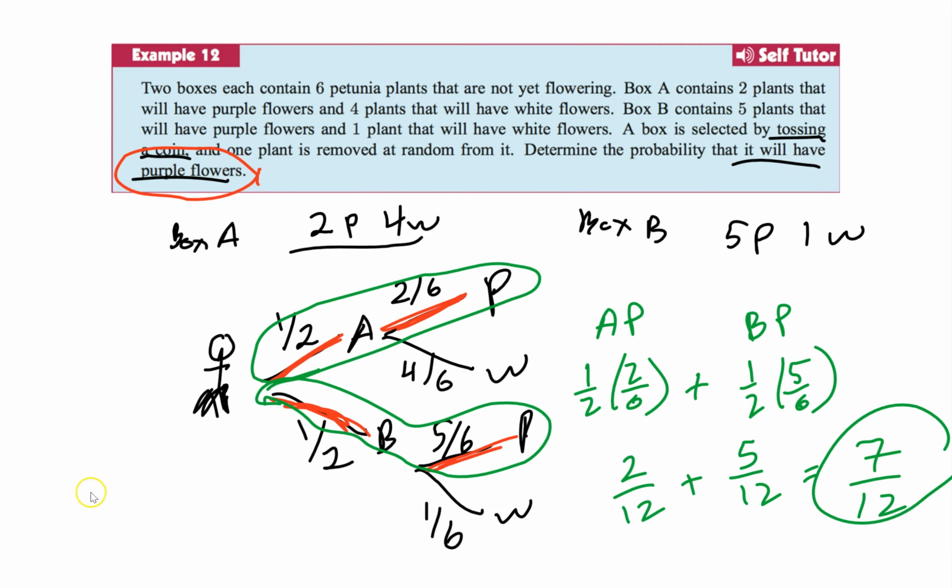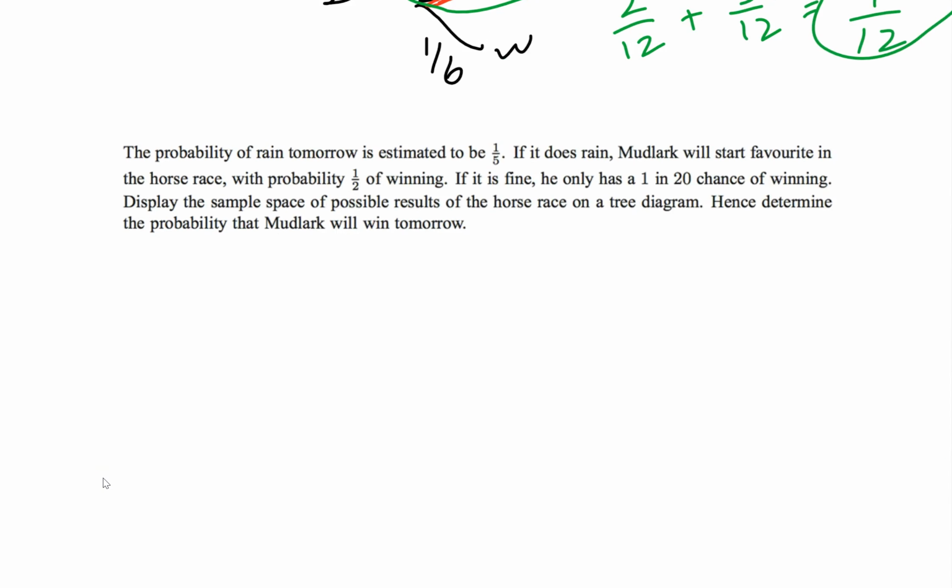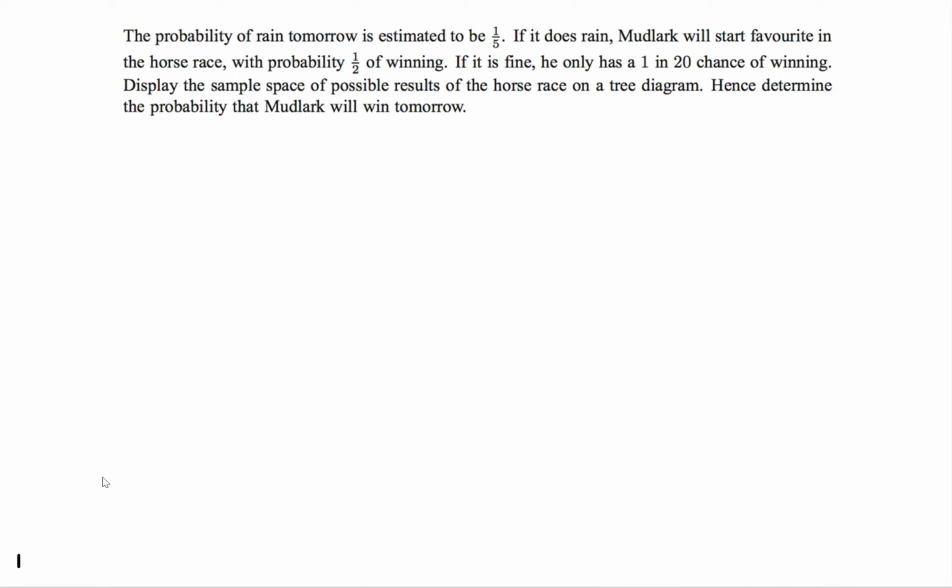Let's do one more example before we move on to a slightly different type of tree diagram. So let's look at this one. The probability it will rain tomorrow is estimated to be 1/5. If it does rain, Mudlark will start favorite in the horse race with a probability of 1/2 of winning. Isn't that cute? Mudlark, because he likes to run in the rain. Anyway, if it is fine, he only has a 1 out of 20 chance of winning. Yeah, he loves the rain. Display the sample space of possible results for the horse on a tree diagram, hence determine the probability that Mudlark